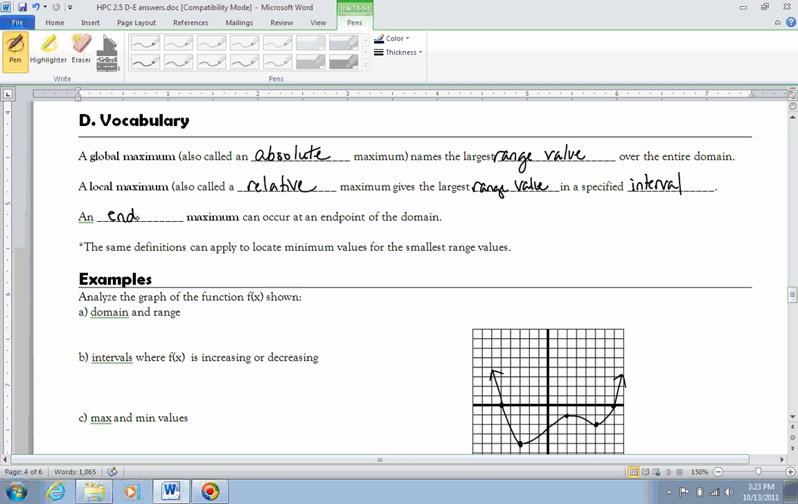An endpoint maximum can occur at an endpoint of the domain. And this is all the same if you replaced all the maximums with the word minimum. So if we're looking at this example,